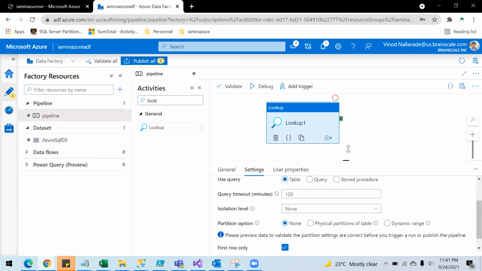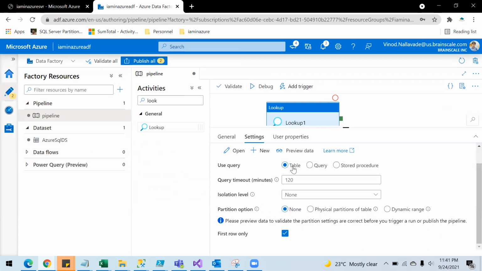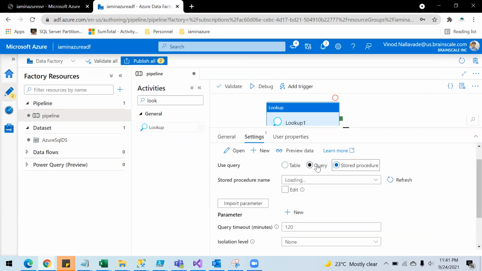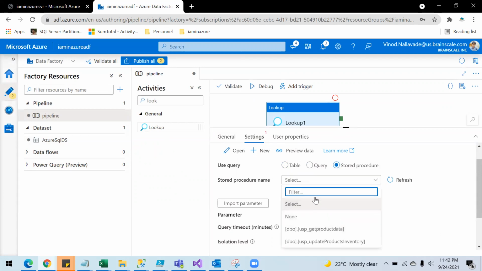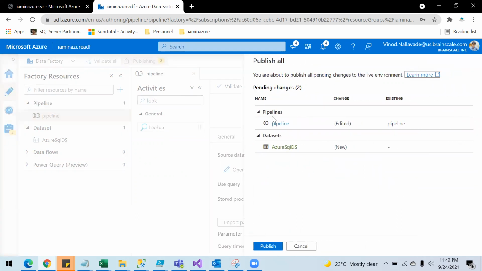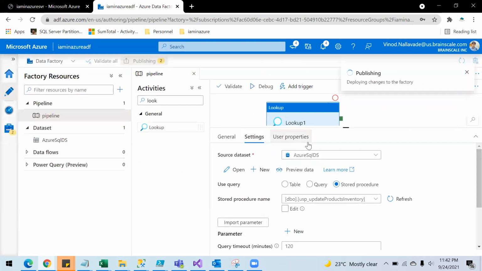Now if you look at the settings, you have an option to use a table, or you can write a query here, or you can call a stored procedure. I'm going to use the stored procedure option, and it's again going to list the procedures here. I'm going to select this and publish. In the publish panel, you will see the pipeline is edited and the data set is added here. Let's publish this.